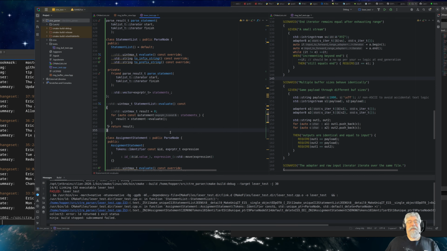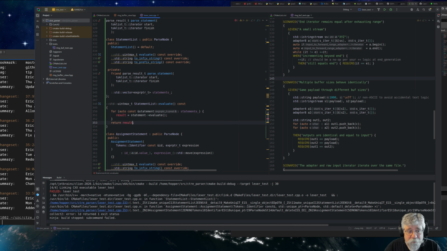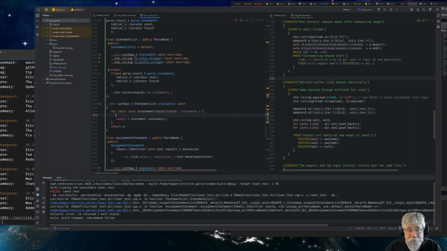This one's going to be tricky because we're going to treat each statement as a print statement. And the result is just simply going to be 0. So we're just going to return 0. We aren't going to do this. What we're going to do is